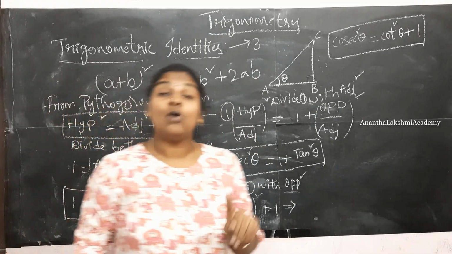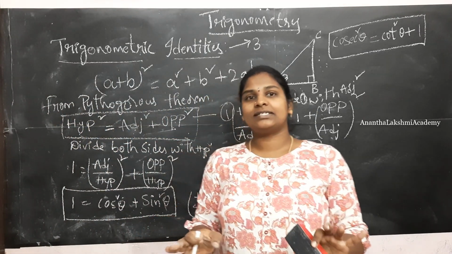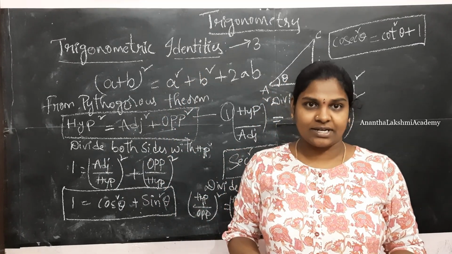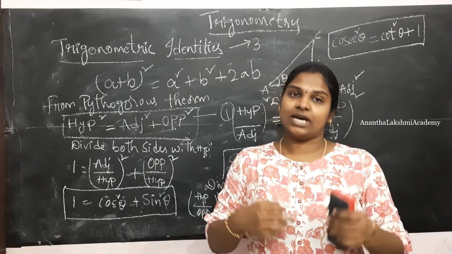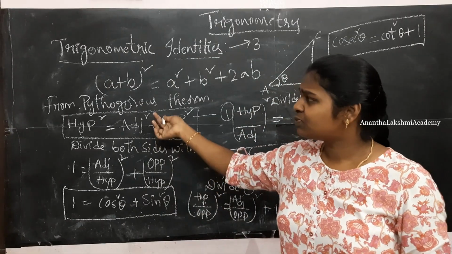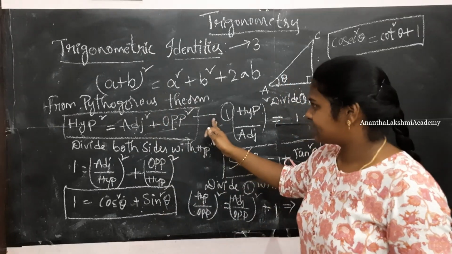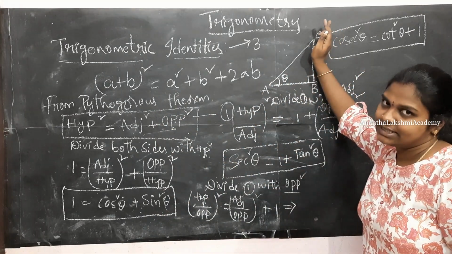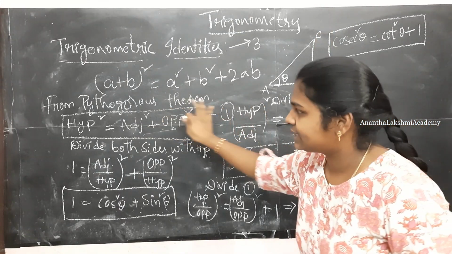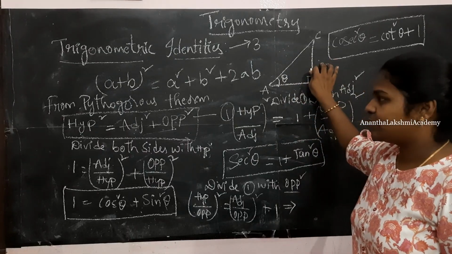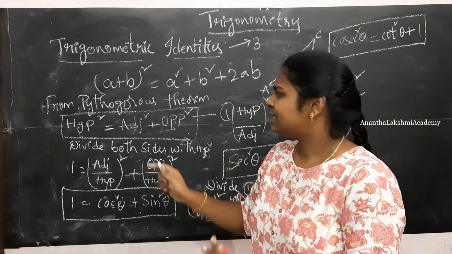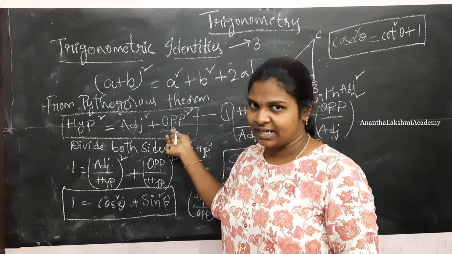First, we have discussed what is an identity. Identity is nothing but something which has been proved as a formula. And when we are dealing with trigonometric identities, we are trying to figure out the trigonometric ratios in an identity. So that's what we have solved for. We took the Pythagoras theorem and the familiar right angle triangle that is associated with trigonometry. So what have we done? We took the Pythagoras theorem. Hypotenuse square is equal to opposite square plus adjacent square. Then it's so simple that you have just 3 sides of a triangle. You have to